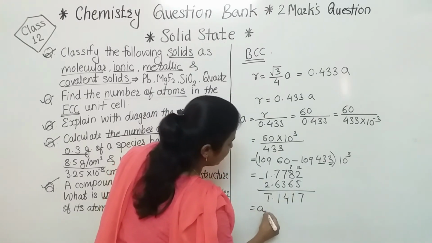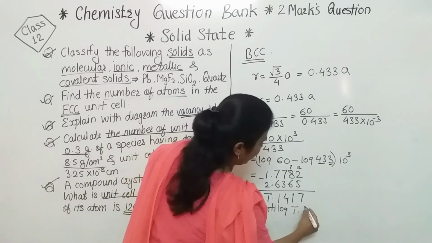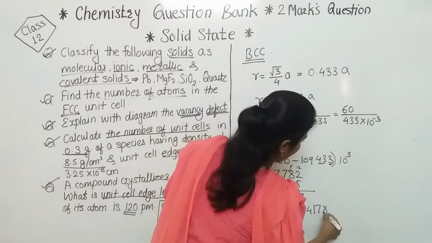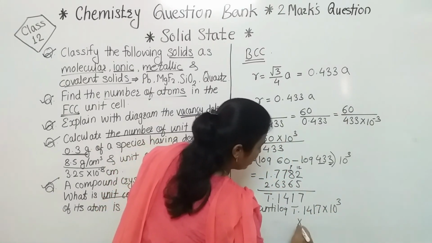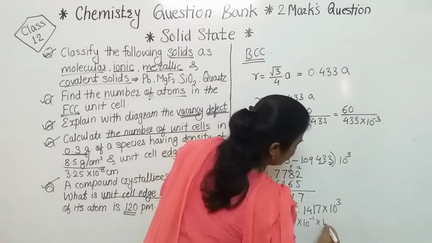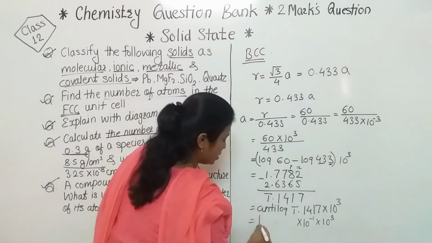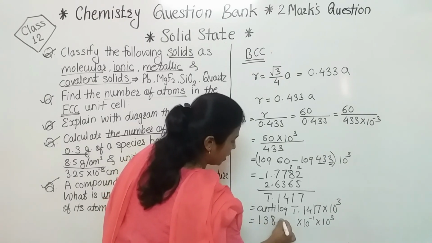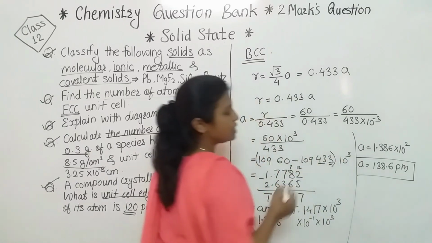तो फाइनली हमें देखना है एंटी लॉग. किसका एंटी लॉग देखना है? बार 1.1417 इंटू 10 raised to 3. तो यहाँ पे फाइनली आ जाएगा 10 raised to -1 इंटू 10 raised to 3. एंटी लॉग वैल्यू फॉर दिस वन इज 1386. As per the rule, after first digit, this is the value of this edge length.